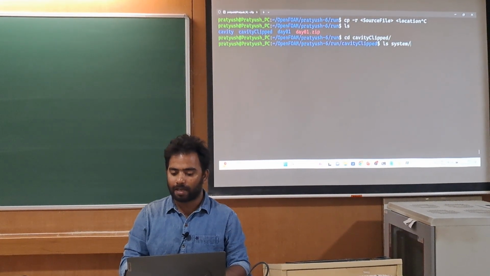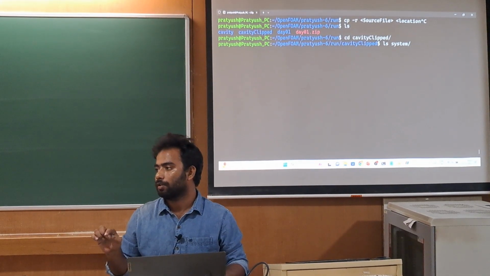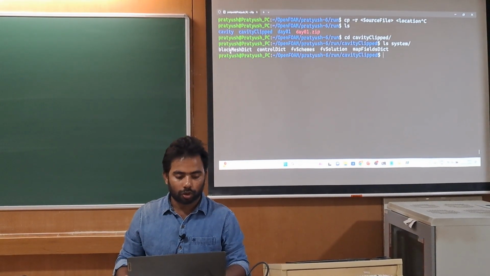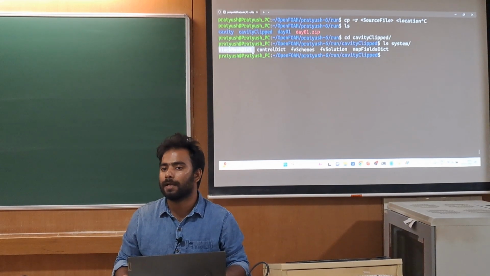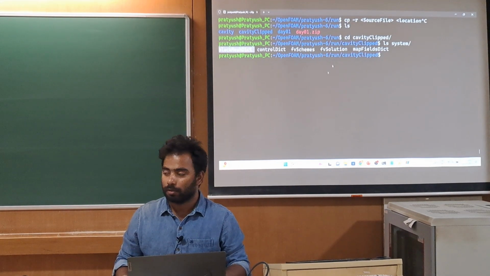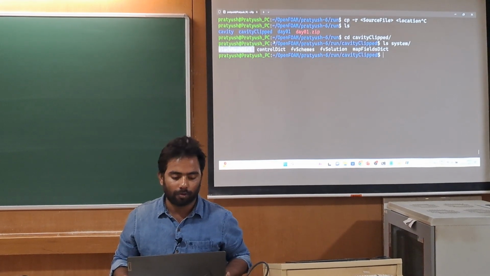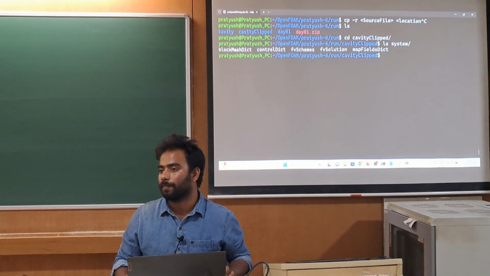Now check whether the system has a blockMeshDict or not. So you can do the listing of that. You can see that there is a blockMesh folder. When you list the system, whatever content is present in the system, you should see this one file, blockMesh.